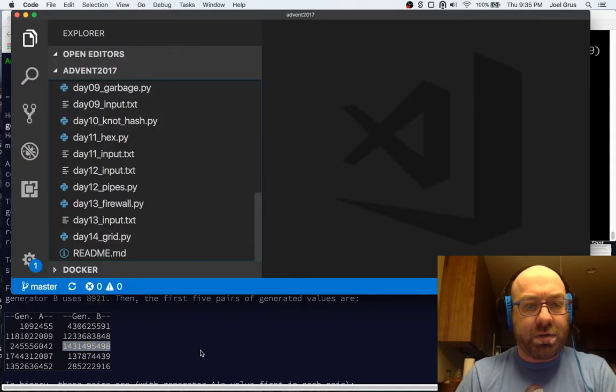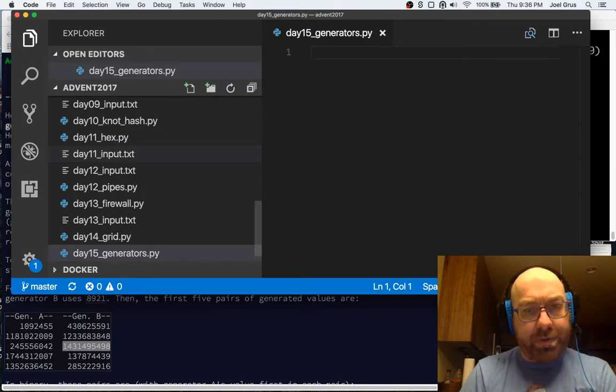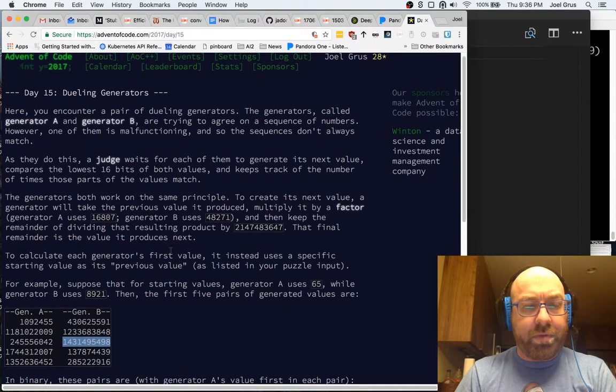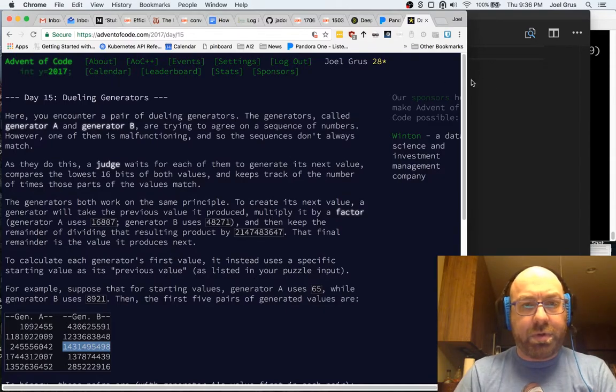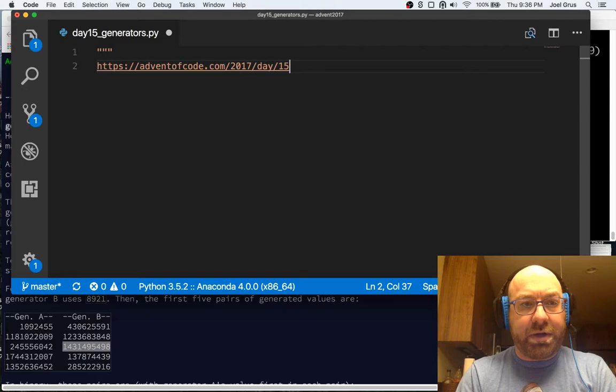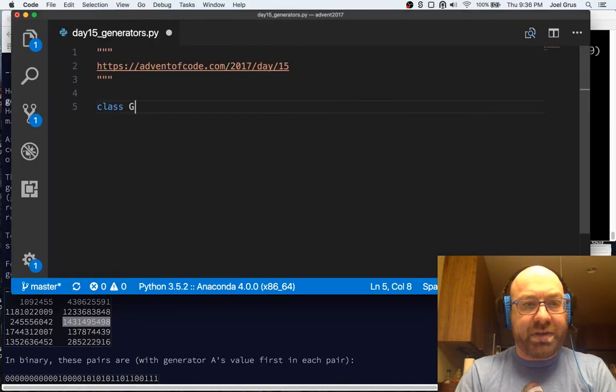So let's, what do we call this? Generators. Day 15 generators.py. Okay. And so what I'm going to do is I'm going to make a class, and that might be overkill here, but I think it'll make it nice and clean. And I will call this class Generator,